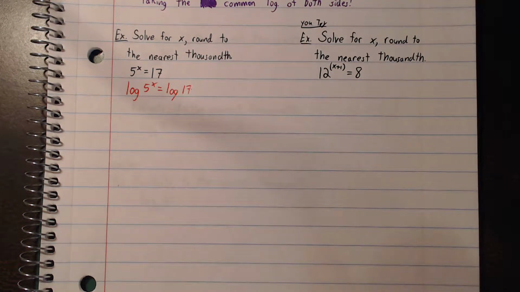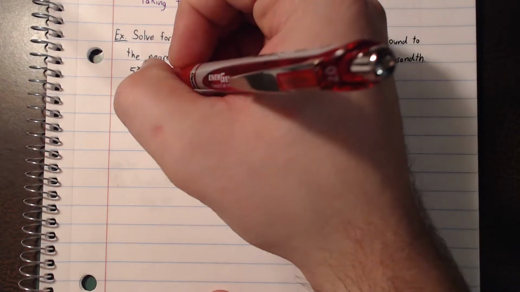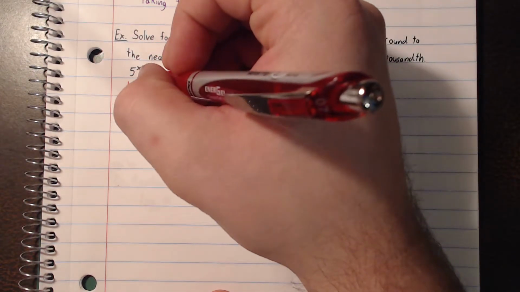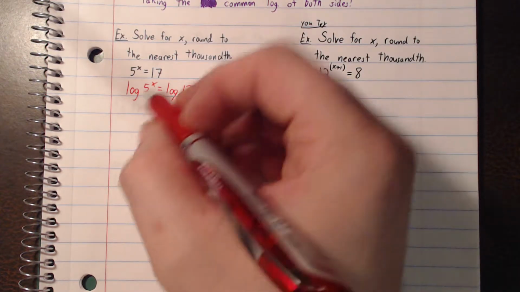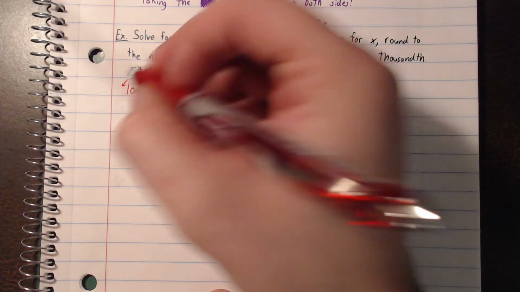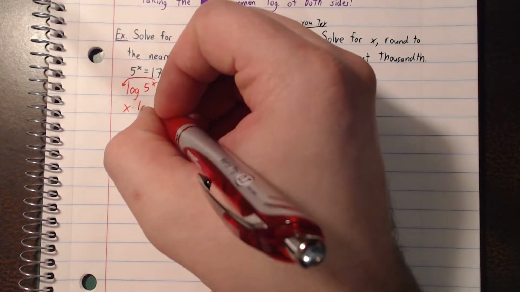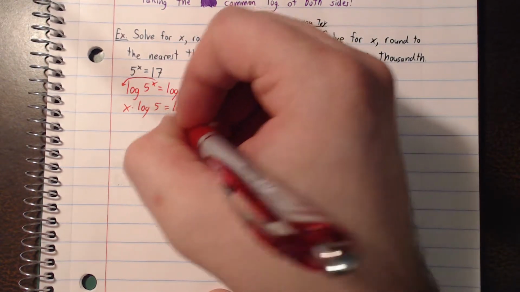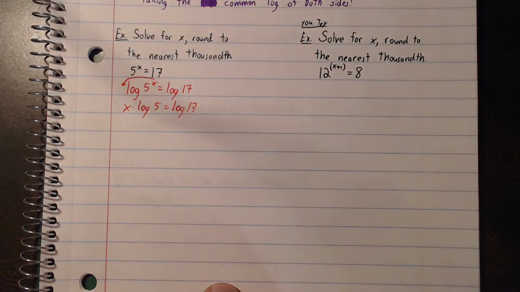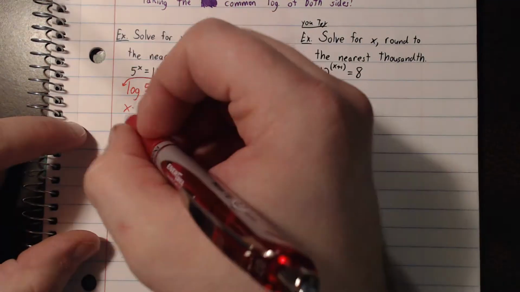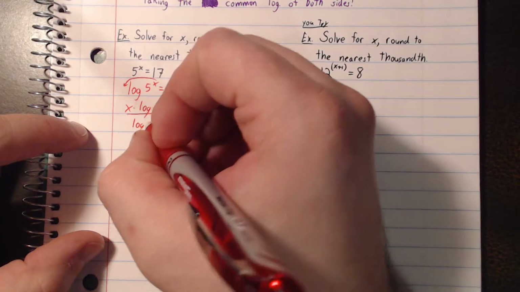I have to remember something from lesson number 5. That would have been the power property, right? I have a power here, and my base doesn't match, so I'm going to bring that power out in front. That gives me x log of 5 equals log of 17. And if I divide by log of 5,